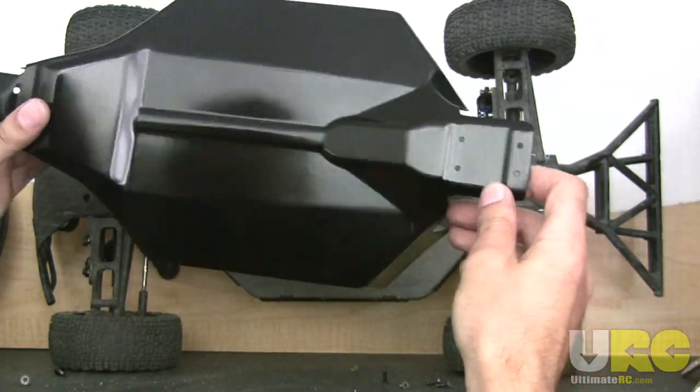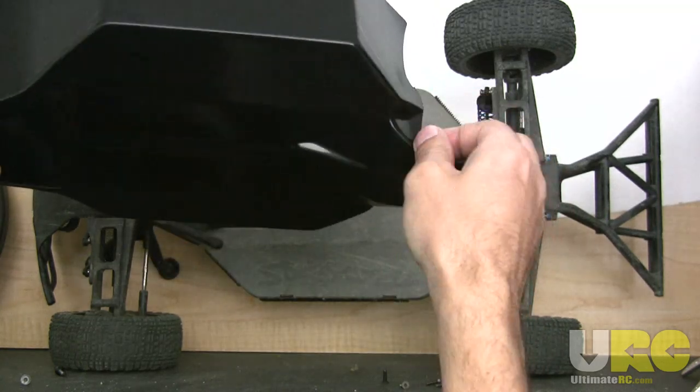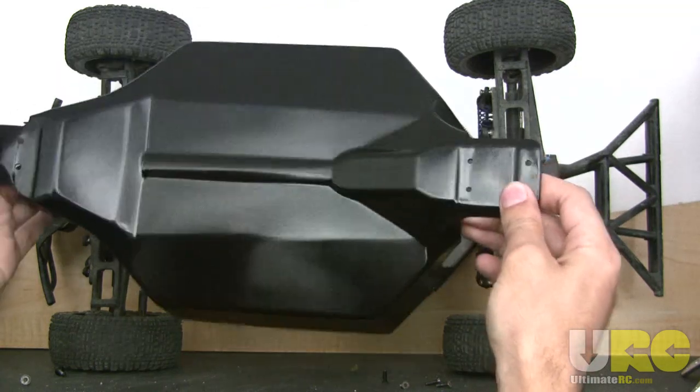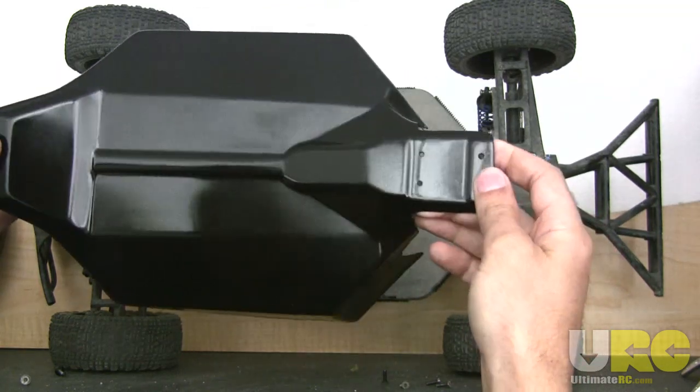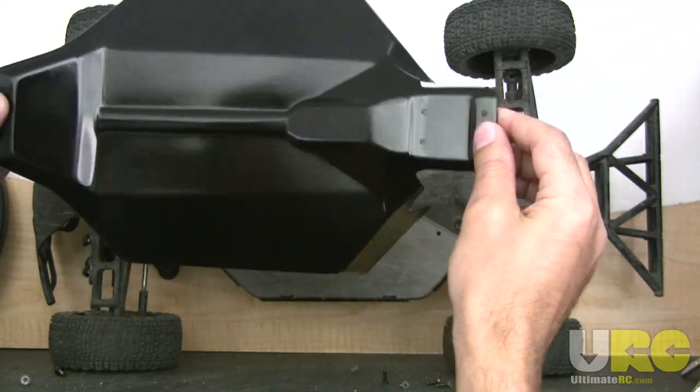So this thing did not come with instructions, and honestly it should have. It's not immediately obvious exactly what you need to do to install this onto your chassis. I'll try to walk you through. This is my first time doing it, so I'll try to walk you through to the best of my ability